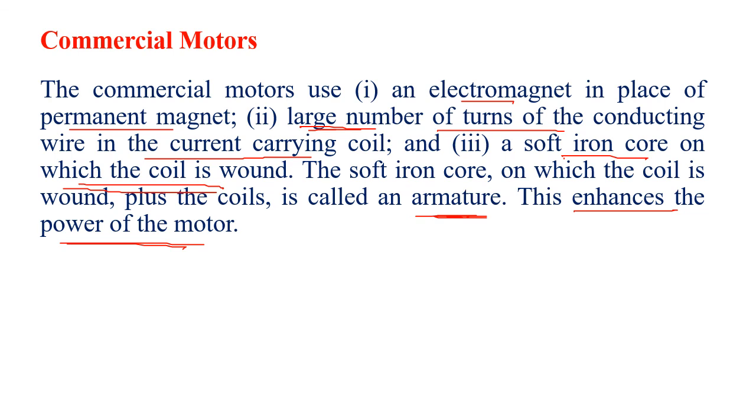Okay, so all the electric fans are there. You have seen when you turn the regulator of the fan, the speed of the fan increases, it throws more air. So what are you doing when you are using the regulator? You are actually increasing the current. You are decreasing the resistance, increasing the current. When you increase the current, then the force becomes stronger, the motor moves faster. So this is the working of the electric motor.